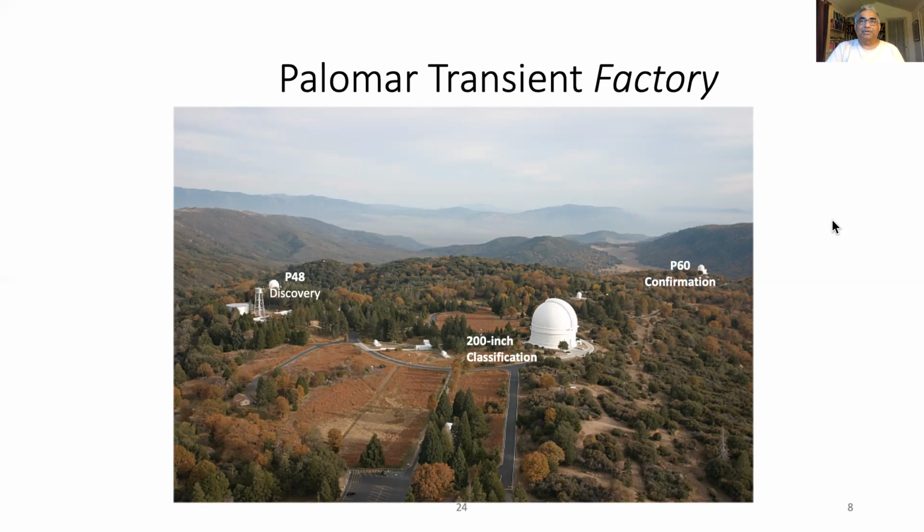Sometimes getting additional information like multi-band helps you decipher whether this is an ordinary nova, supernova, and if so, what kind? Is it an M-dwarf flare, and so on. But the final arbiter is, in fact, the 200-inch telescope, which actually has a spectrograph. And a spectrum is a pretty unique signature of the elements that the star or the event has. Okay, so this factory works night in, night out with the 48-inch and the 60-inch dedicated to this cause. And we pull in the 200-inch a fair bit of time, but not all the time. I wish we could.